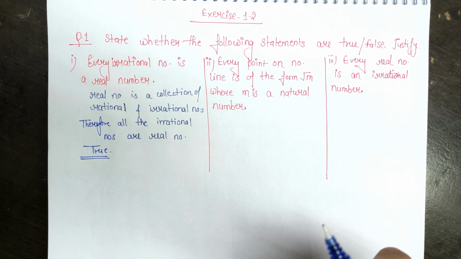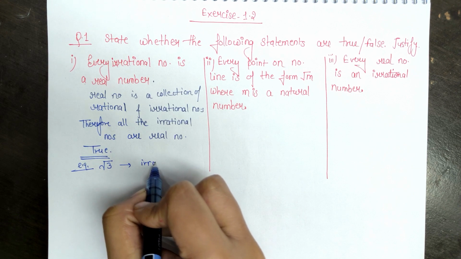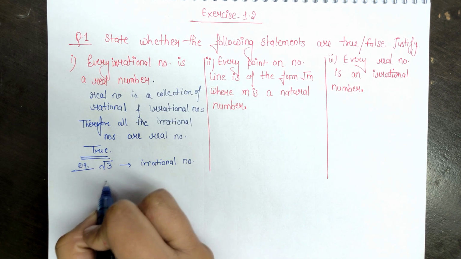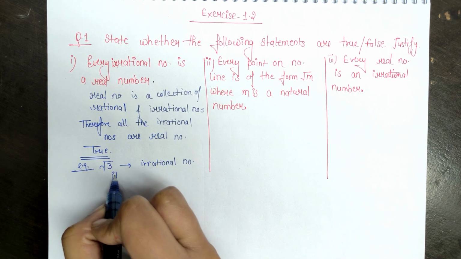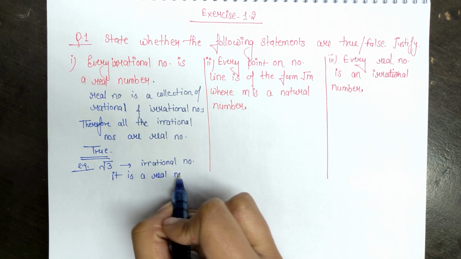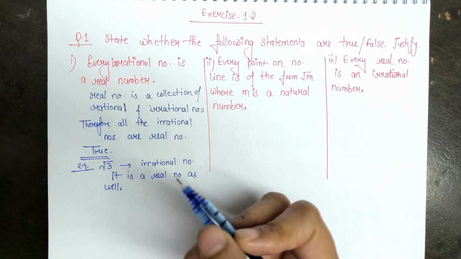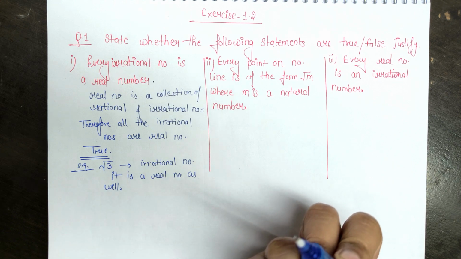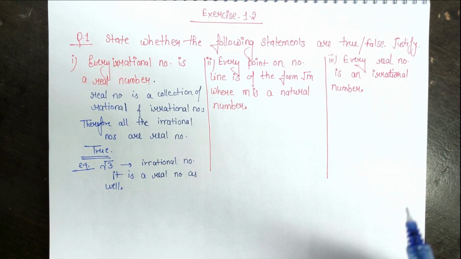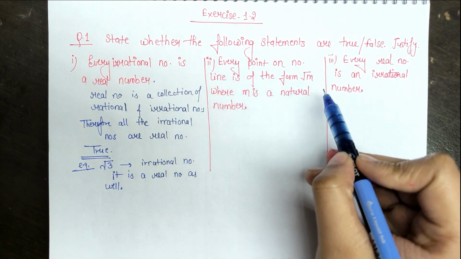Let's take an example also. Root 3. So root 3 is an irrational number, and it is a real number as well. So we have justified it with an example also. Okay, now let's look into statement number 2, that is: every point on the number line is in the form of